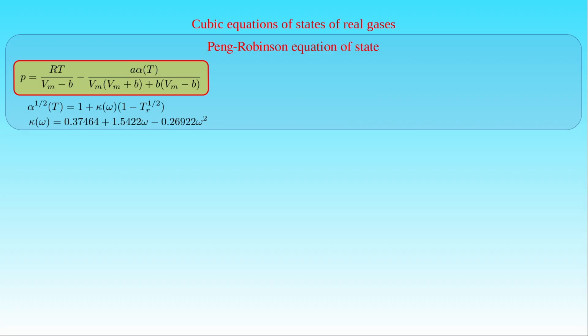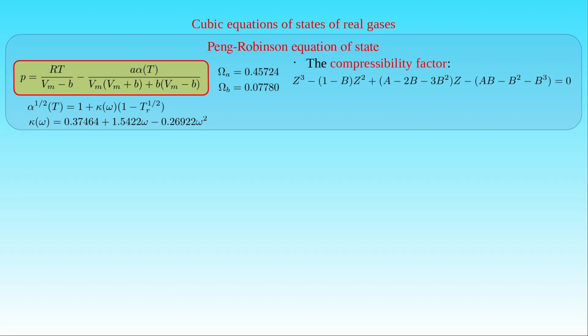As a result, in the correction constants A and B expressed in terms of the critical constants of gas, the constants omega A and omega B become 0.45724 and 0.07780, respectively. The cubic equation of the compressibility factor Z of the substances derived from the Peng-Robinson equations of state